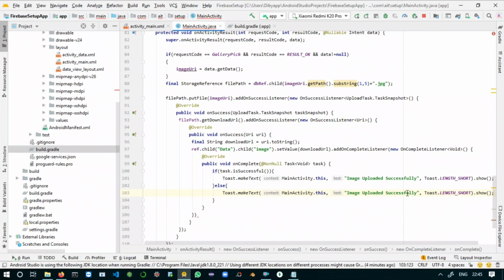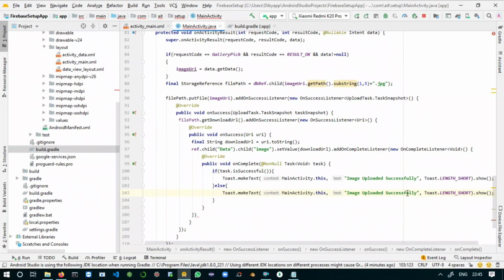Here you can say ref.addValueEventListener, new ValueEventListener, and end with a semicolon here. You can say if dataSnapshot.child, data.hasChild("image"). It means if the image is uploaded successfully, then this child will be created.